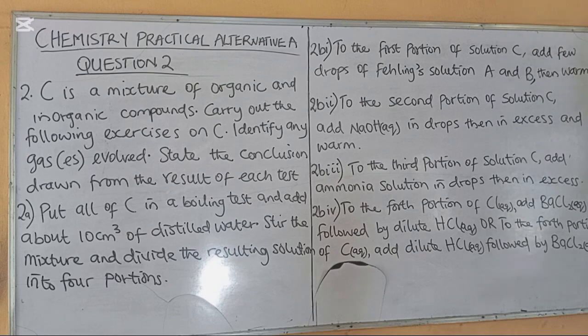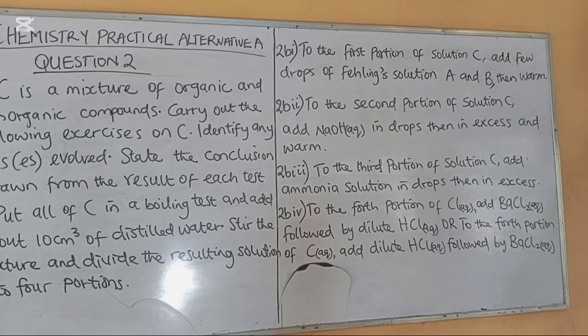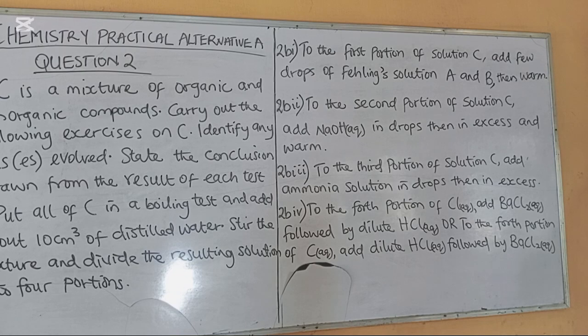Then 2B(i), to the first portion of the solution C, add few drops of Fehling's solution A and B. 2B(ii), to the second portion of solution C, add sodium hydroxide solution in drops, then in excess. 2B(iii), to the third portion of solution C, add ammonia solution in drops, then in excess. Then the last portion: to the fourth portion of C aqueous, add barium chloride solution followed by dilute HCl, or